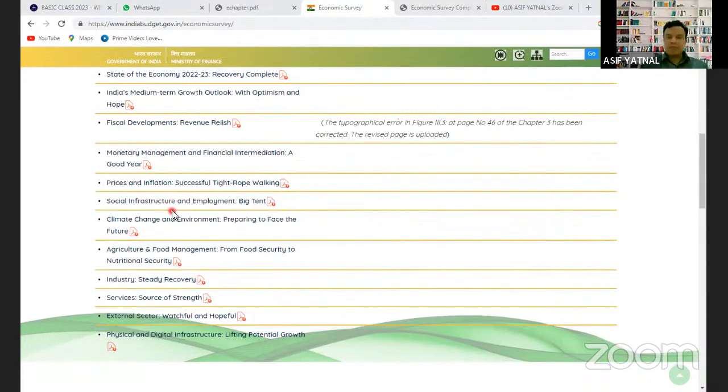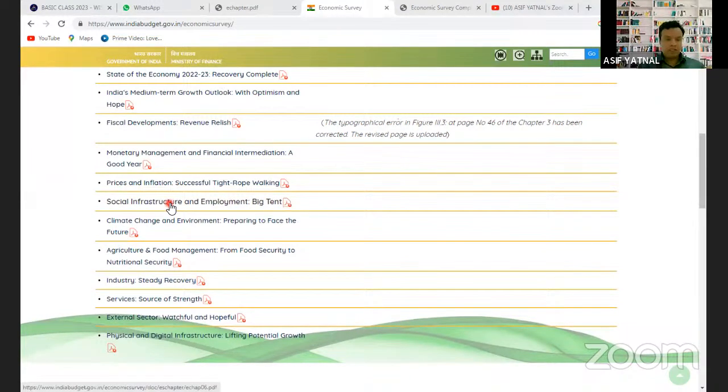तो social infrastructure का मतलब क्या होता है? Social infrastructure का मतलब skilling the people, health condition, education, primary education, secondary education, then higher education. Social infrastructure will also include the health of the people. Social infrastructure will also include the skilling of the people. Because GS paper 3 का again topic, growth, development and employment. So how the employment is tried to be increased by the government with the help of social infrastructure, that is explained. So India का biggest challenge in front of the India now is the employment.